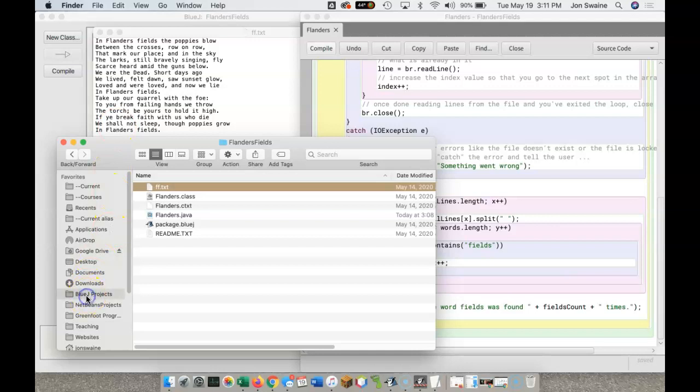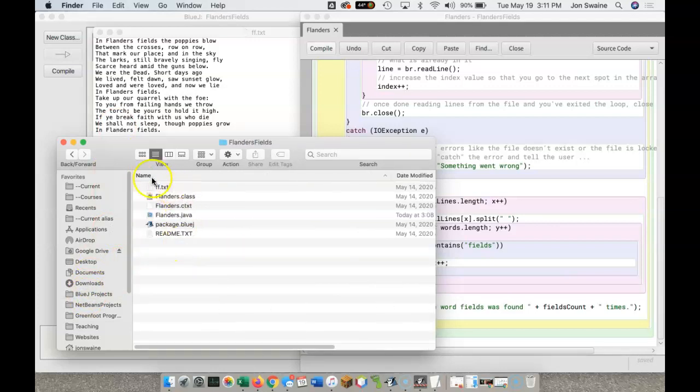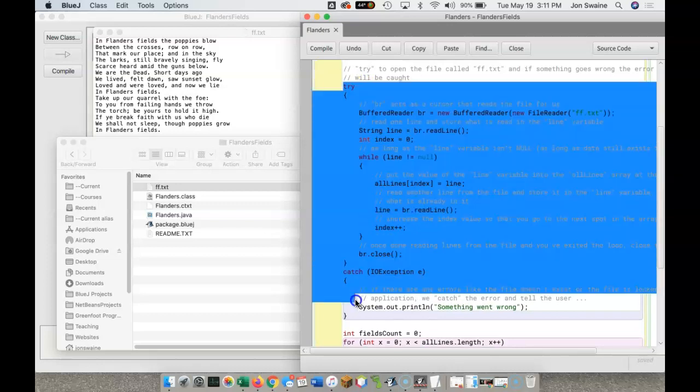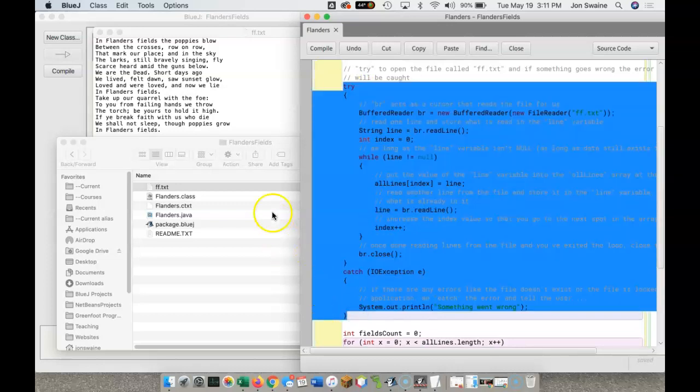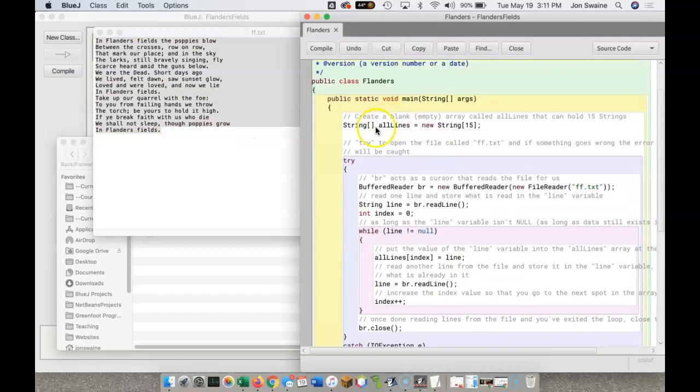So remember, when you make a BlueJ project, it creates a folder for you. So if I go into here, these are all the files that I need to run Flanders Fields. You'll notice that one of those is ff.txt. Okay, so all of this code here, from here to here, is meant to take the lines from the text file that sits on the hard drive and import them into our program,